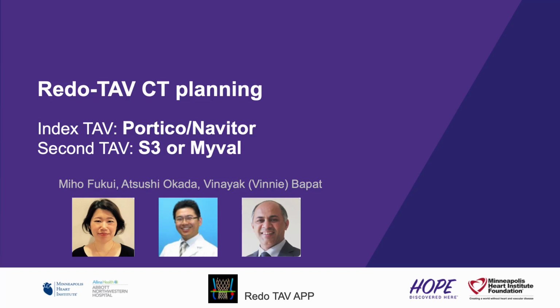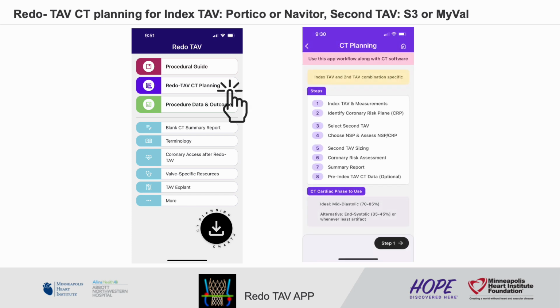This video shows you how to do pre-procedure CT planning using the Redo TAV app. The index TAV is Portico or Navitor, and the second TAV is SAPIEN 3 or MyVal. When you click Redo TAV CT planning on the home screen, first you will get the overview of all steps